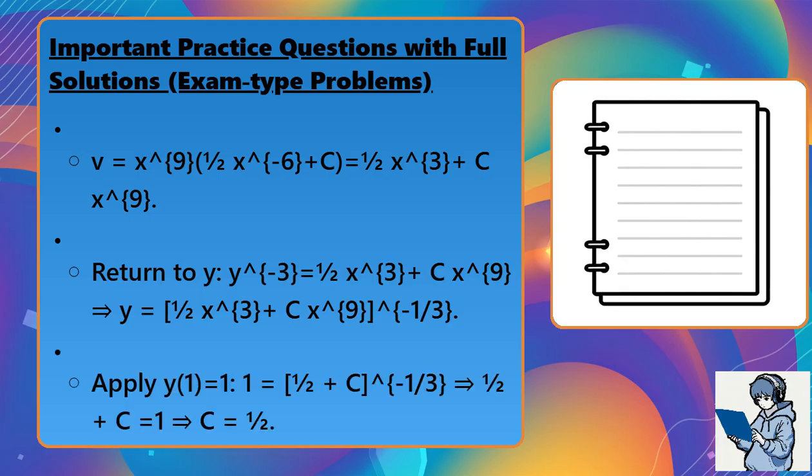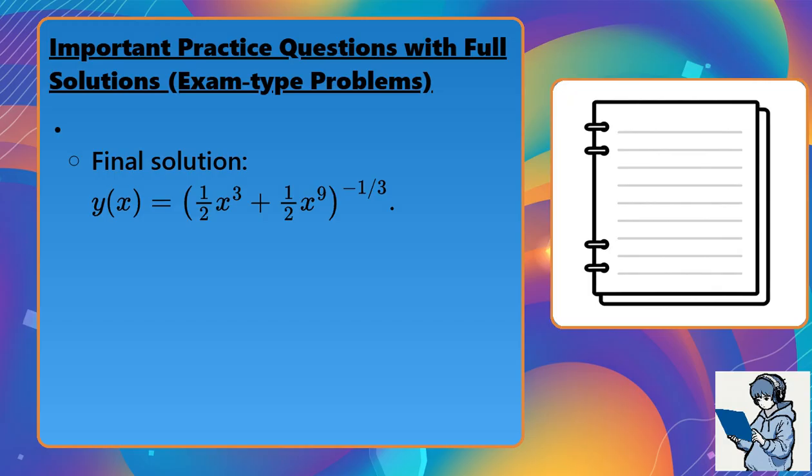Apply the initial condition y of 1 equals 1. 1 equals [1/2 plus c] to the minus 1/3. So 1/2 plus c equals 1, giving c equals 1/2. Final solution: y of x equals [1/2 x cubed plus 1/2 x to the 9th] to the minus